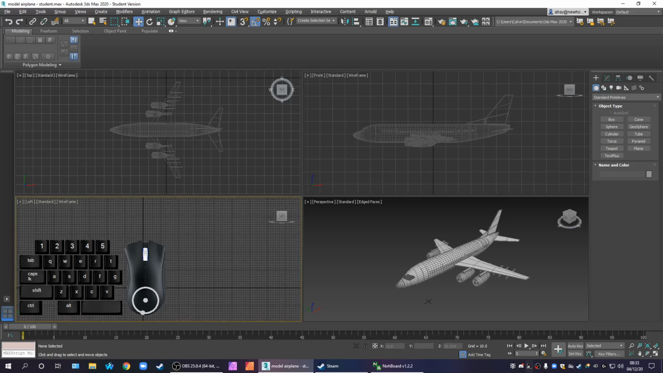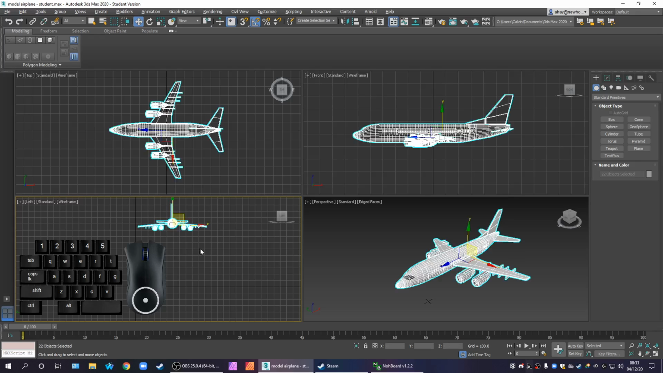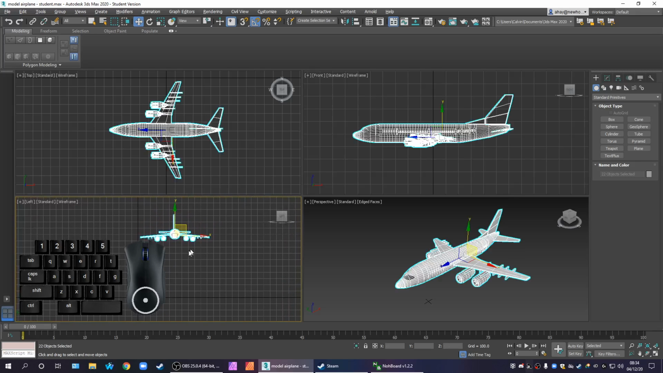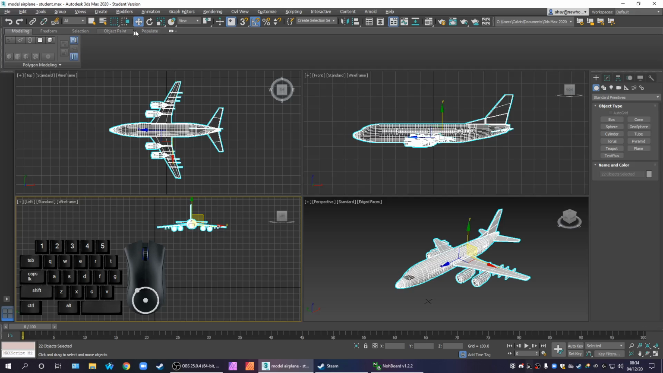Where am I on the left view? Uh-oh. I don't know if you can see with my hotkeys in the way, but it's way off center. And if I go to center it up, I'm going to end up with airplane parts all over the place. So,